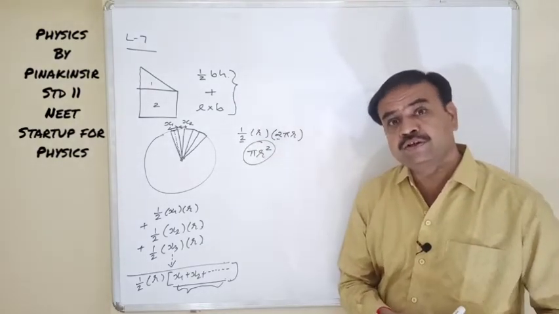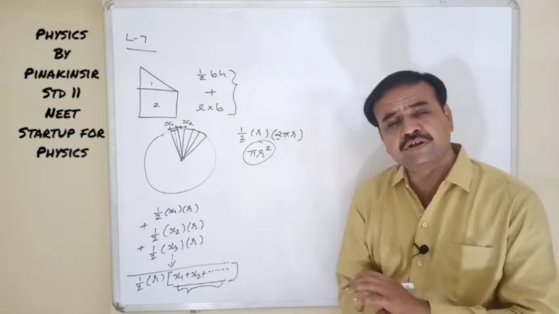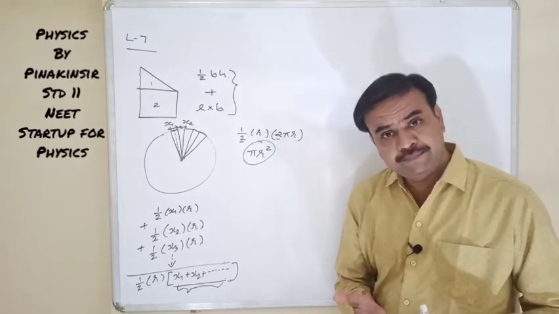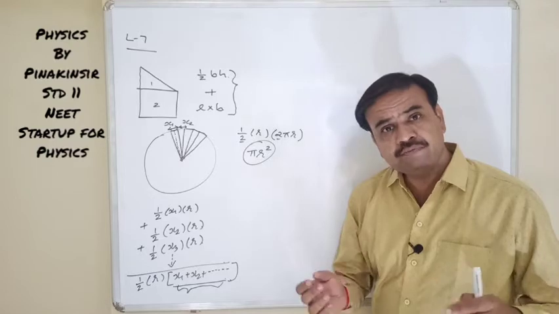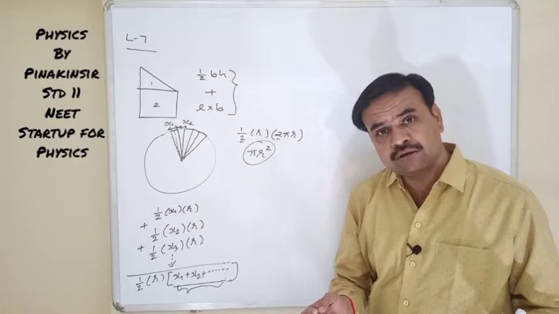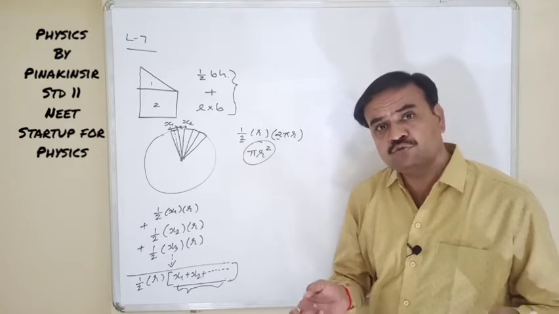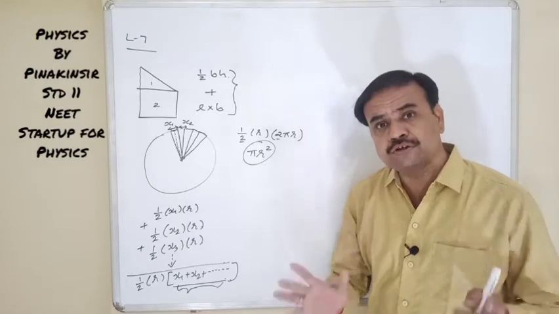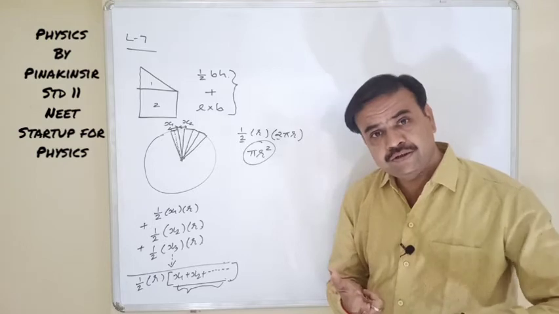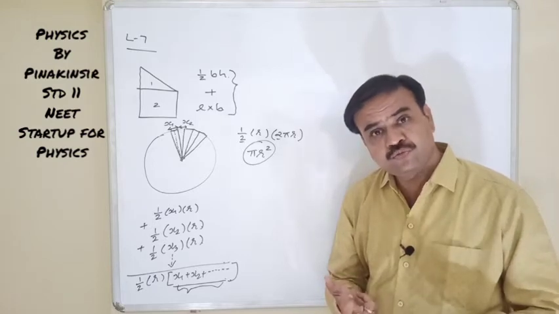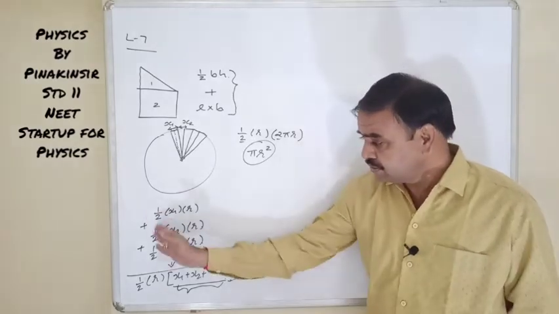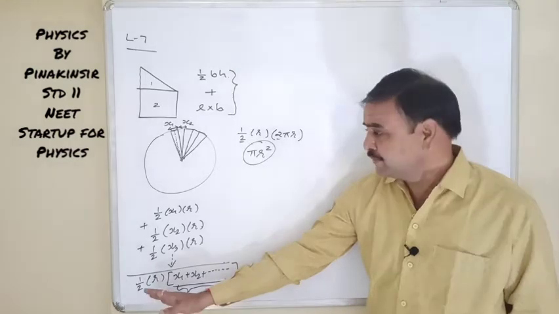The process is said to be differentiation. What is actually differentiation? It is nothing but the data which cannot be analyzed simply is divided into infinitely small parts, and after getting details of such parts, the data is recollected to get the full result. The process of dividing the given data into small parts is said to be differentiation, and the recollection is said to be integration. This one is integration, summarization.